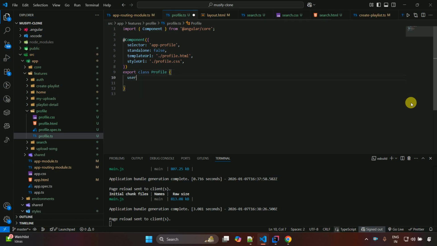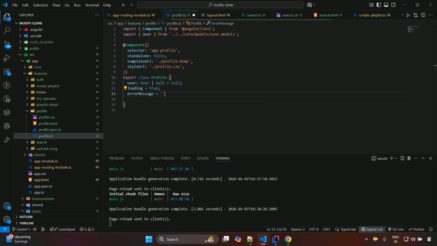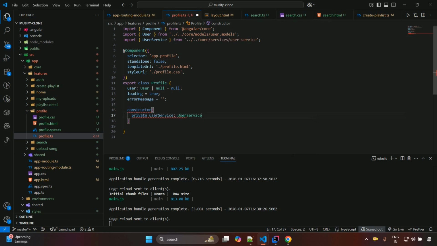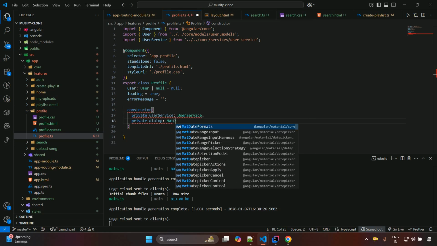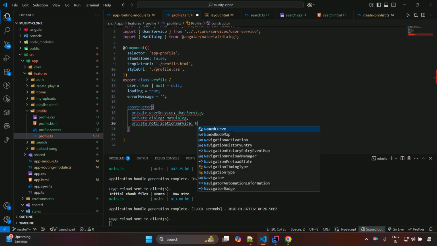So user, and it should be of a user type, and it should be null, and after that loading is equals to true, and error message is equals to blank, and then constructor private user service, and over here user service, this one, and private dialog and mat dialog, this one we need to import, and then notifications, private notification service, and over here notification service,